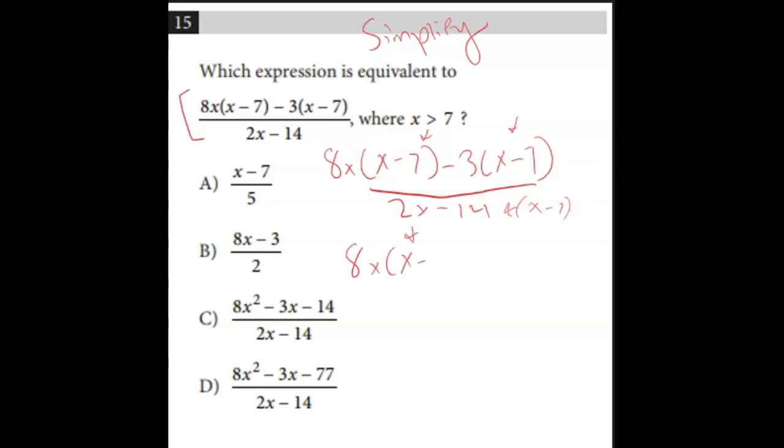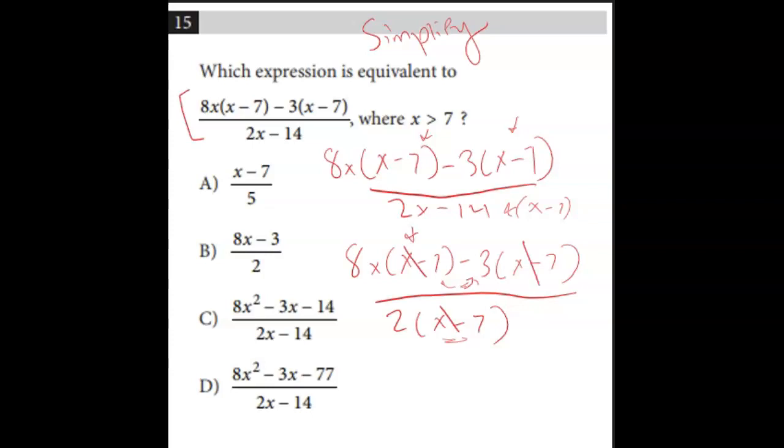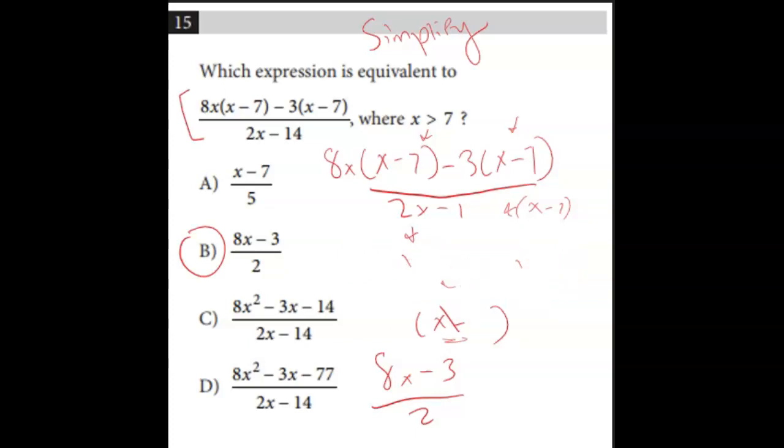8x(x minus 7) minus 3 times (x minus 7) over, and if I take out the 2, I get x minus 7. So since these are being subtracted, they're actually not multiplied by each other, so they're kind of their own entities on the numerator. And what we can do, because they're both below this x minus 7 denominator, is cross them out. We can take out this x minus 7, and we're left with 8x minus 3 over 2, which is answer choice B. But if that remained a little bit confusing, let me redraw it for you real quick